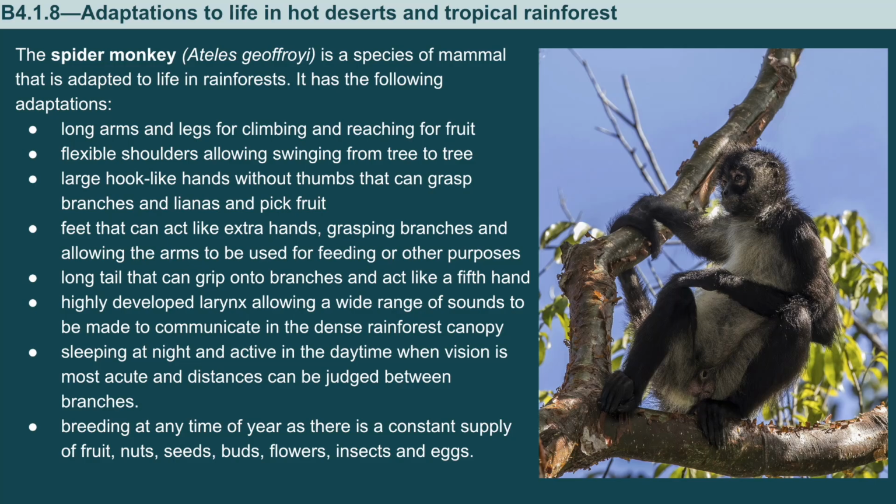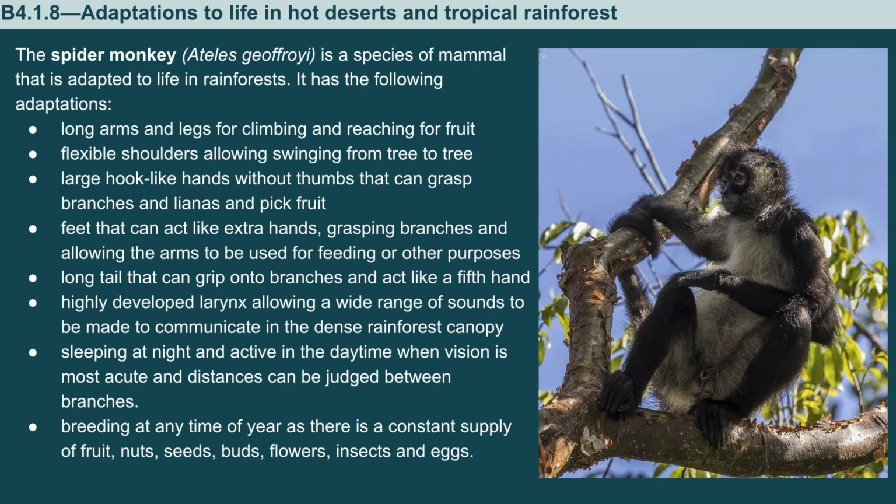It has long arms and legs for climbing and reaching for fruit, flexible shoulders allowing swinging from tree to tree. It has large hook-like hands without thumbs that can grasp branches and lianas and pick fruit. They have feet that act like extra hands, grasping branches, allowing the arms to be used for feeding or other purposes. They have a long tail that can grip onto branches and act like a fifth hand. They have a highly developed larynx, allowing a wide range of sounds to be made to communicate in the dense